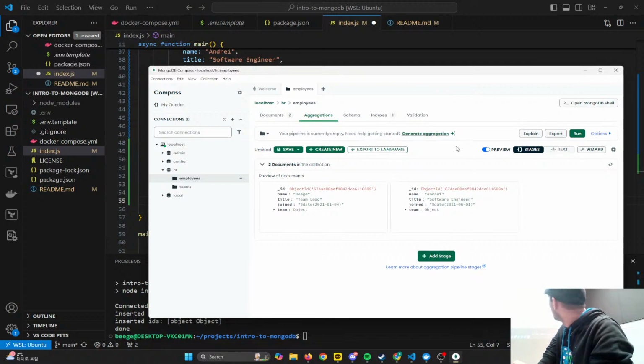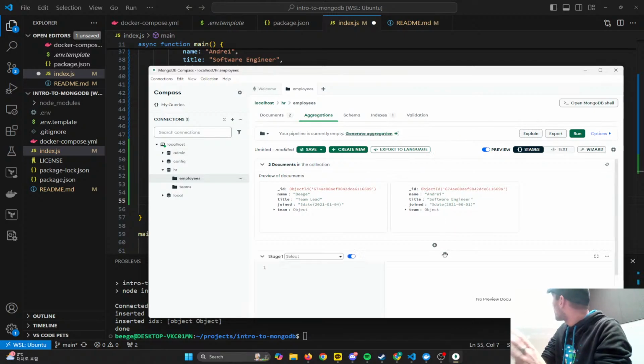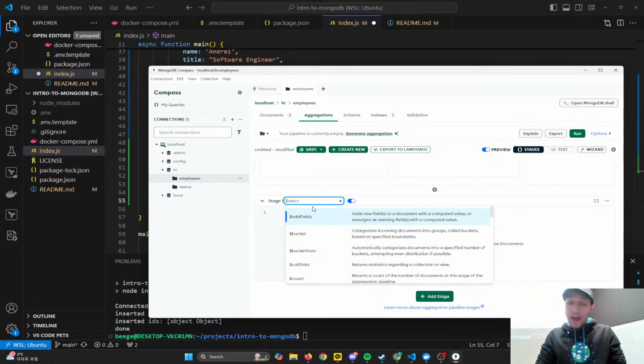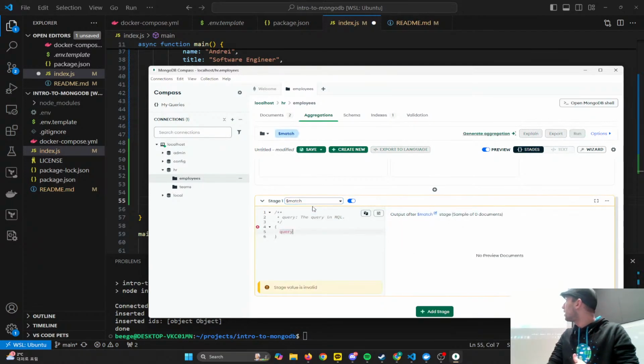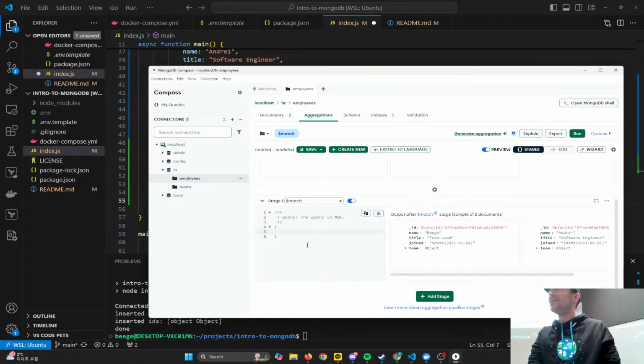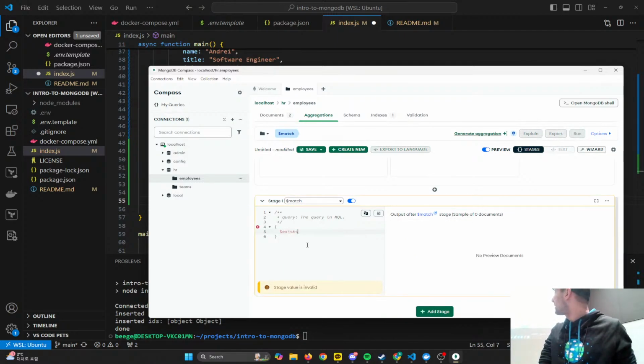So it's been so long. We're going to add a stage. Our first stage is going to be a match. Match is basically like a find. Okay. So I'm going to say, well, I want both records. We only have 2 records to work with. Well, it's not an actual date field because I'm dumb and didn't remember how to do it. I'm just going to do something stupid. I'm going to do exists